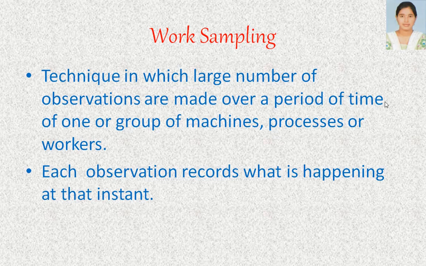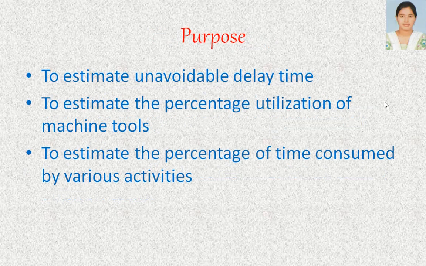It takes only 1/20th of the time required for stopwatch time study and gives results within an accuracy of plus or minus 2%. Stopwatch study is useful for short and repetitive operations, but work sampling is found very useful and economical for long and irregular work cycles. So generally this method is preferred for very long and irregular work cycles.